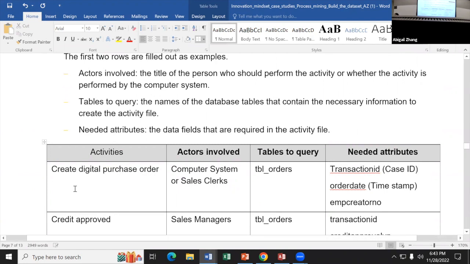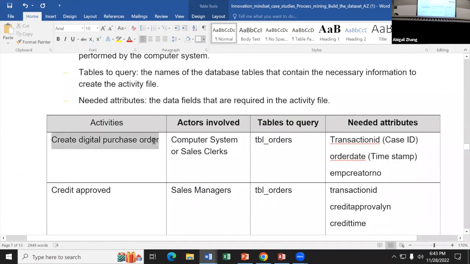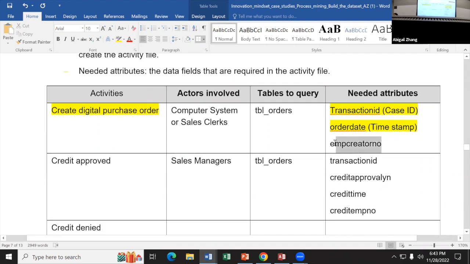And then the third attribute is just the activity itself, right? So here we already have that. So we already have the three major elements, 1, 2, 3: the case ID, timestamp, and activity. But additionally, I said that we also want to have the employee number associated to that activity, right? So here we are including this attribute